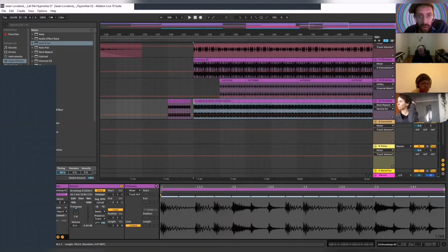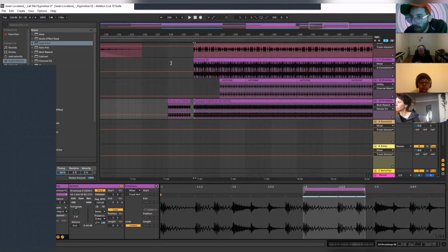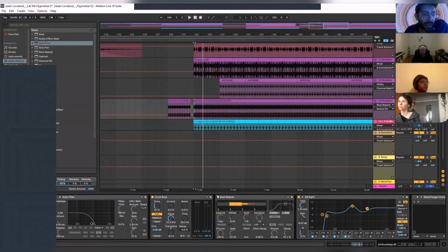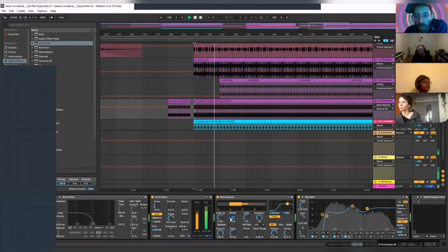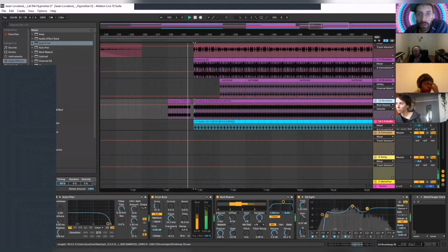Anyway, I think I consolidated it, so it's not quite on point. But then, where did I have that loop? Actually, that probably sounds better. And then I throw a beat repeat on it, which is a super cheesy effect, but I use the heck out of it subtly to just add a little bit of high passed variation. You hear it, it kind of makes it purr. And then when you smash it,